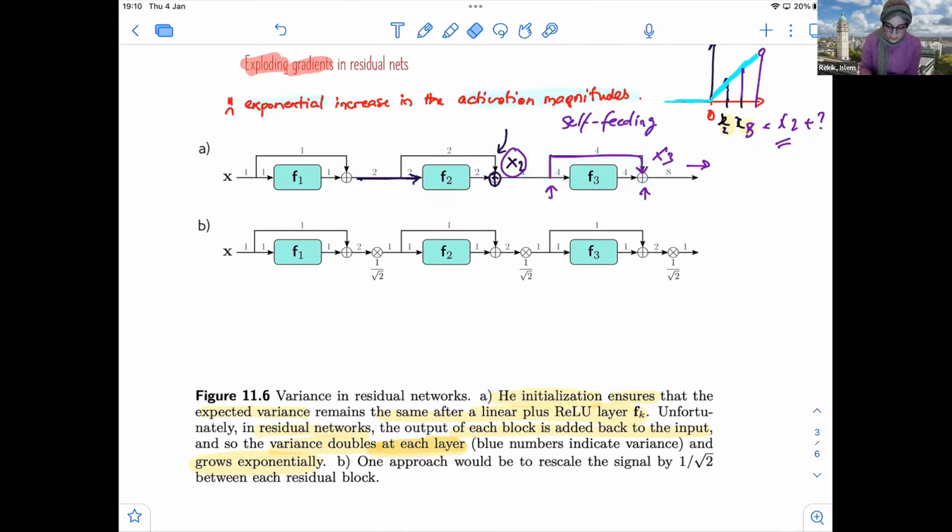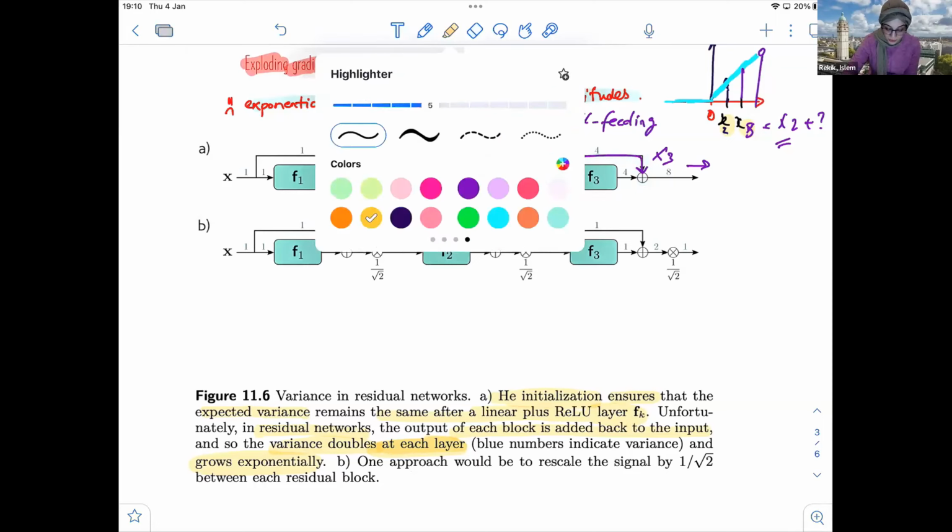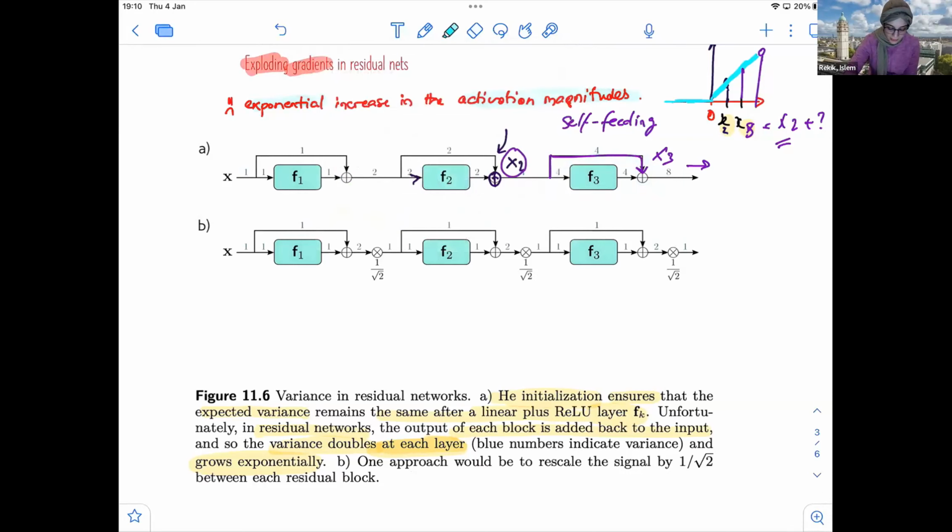So in this network, we have basically added a new factor, a new weight in our network. Okay, so to weigh or to kind of neutralize the residual output. So every time you get your residual output, you apply a multiplication by 1 divided by the square root of 2, okay?